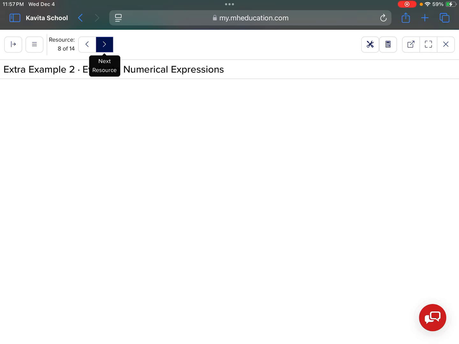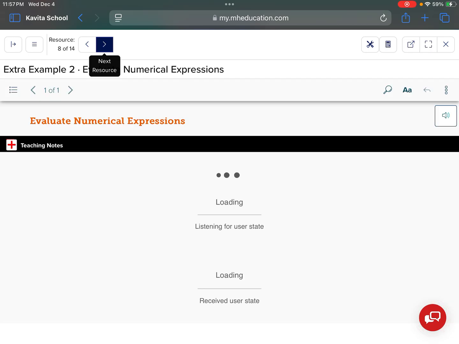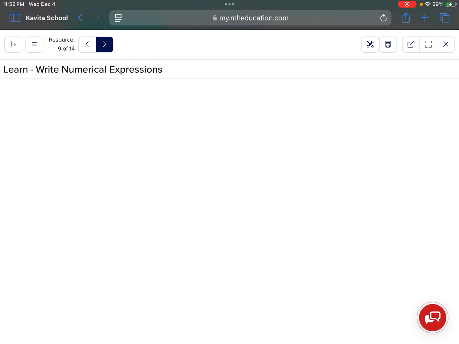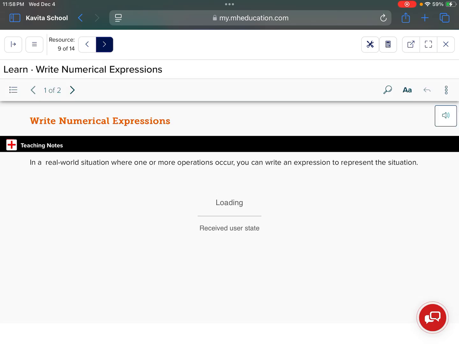Moving on, here's another extra example in case you want to practice. Evaluate 48 divided by, within parentheses, 2 cubed divided by half minus 1.7. Write your answer as a decimal. Moving on, we're going to look at